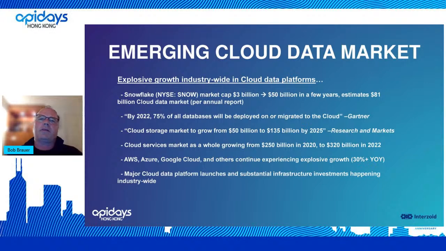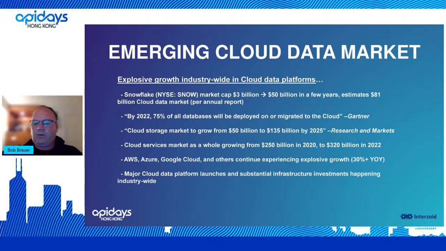And Gartner sees 75% of all databases being deployed to the cloud in 2022. You can see the evidence of this growth with AWS, Azure, Google Cloud, and some of the other cloud database providers growing at 30% year over year. And the venture capital market has borne this out with